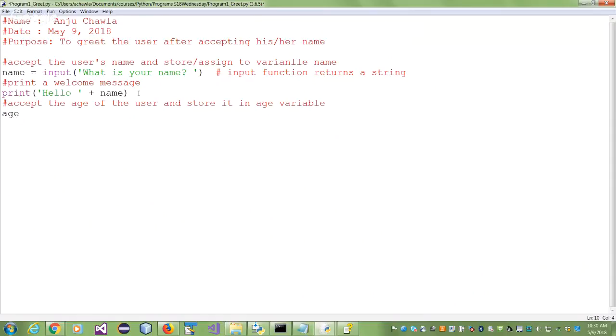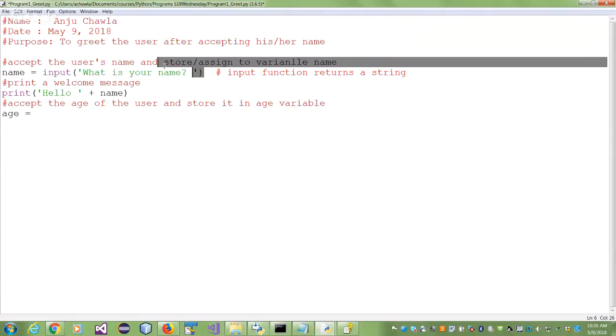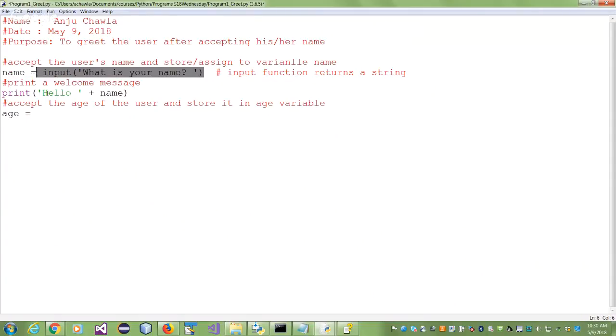So we'll take the age variable. We will assign it and we will do an input. You can take the same input from here, though it's cheating, but anyway. Right? So age is a string variable, keep that in mind. I'm going to do a print again.